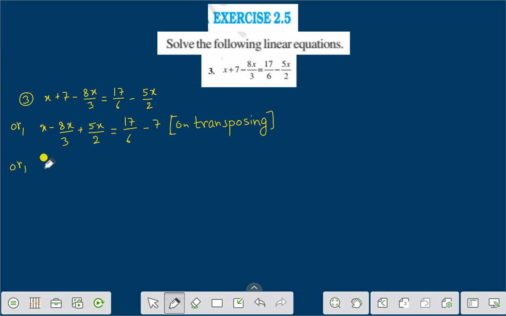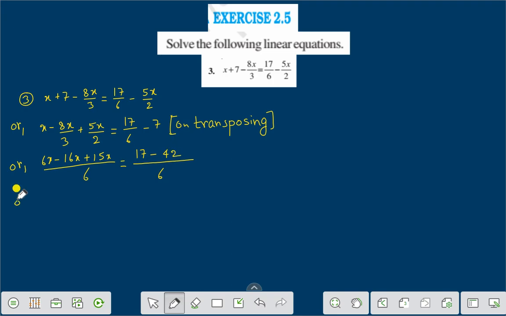We find the LCM. The LCM is 6. That is 6x minus 8x, 6x minus, if we divide 6 by 3, that is 2, 8 is 16, minus 16x, plus, if we divide 6 by 2, that is 3, 3 5 is 15x, is equal to, here we take the LCM 6, it is 17 minus 6 sevens is 42,